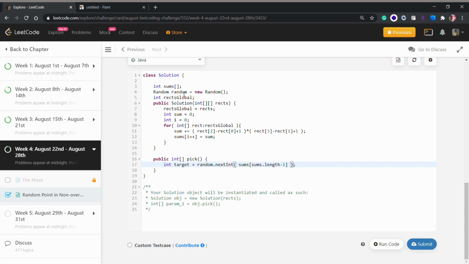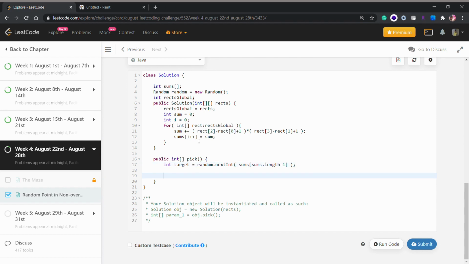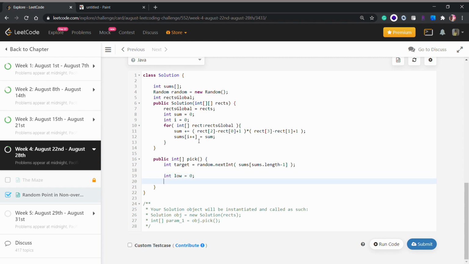We will provide our maximum number, which is the maximum number of points. As you might remember, we got here our maximum number of coordinates in all our rectangles. And now integer low is equal to 0, and integer high is equal to sums dot length minus 1.